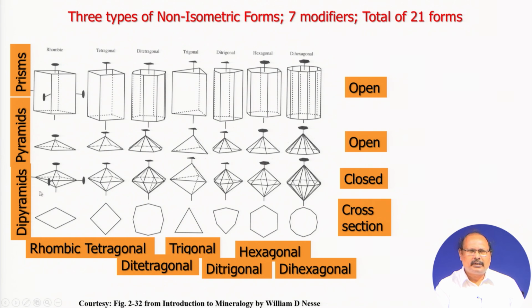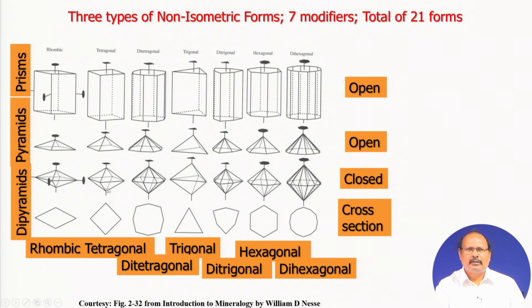Now, let us come to this particular row. You see a pyramid at the top and a pyramid at the bottom. So, this set of inclined faces intersects in the positive direction of this axis at one point, and in the negative direction of this vertical axis at this point. So, when you have this, then we call it a